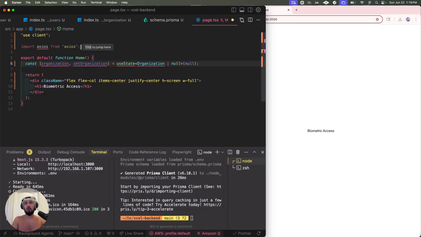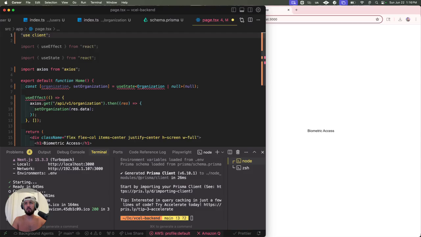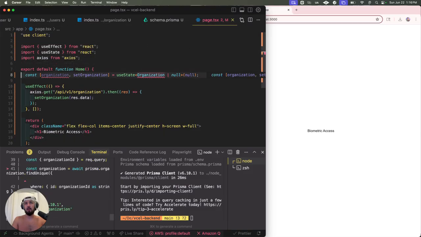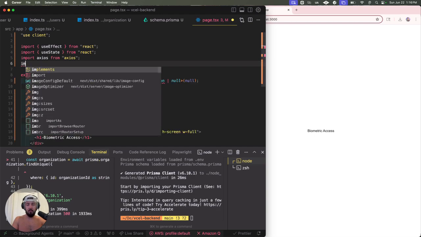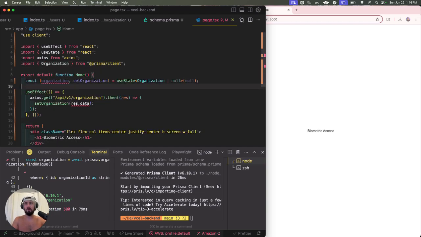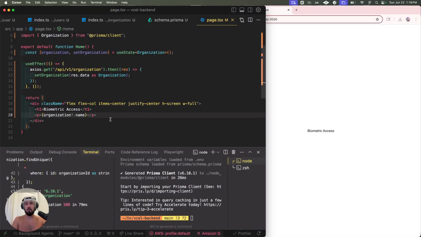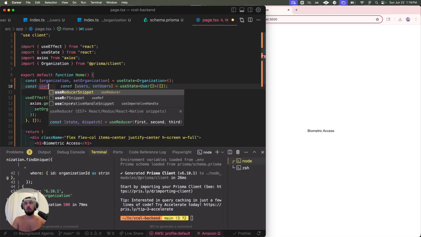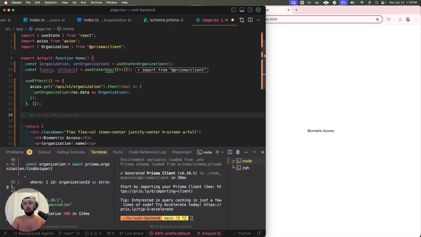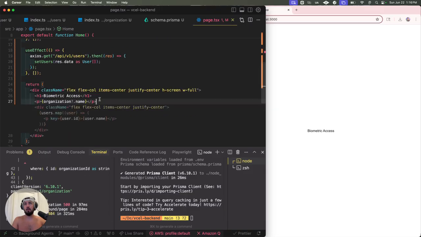Okay, so we have const organization. Set organization. I don't know if none of this will work because we're in that app directory, but here, let's pull this organization from Prisma client. Res data as organization, that should work. And let's JSON stringify organization, and let's do the same for users. And let's get use effect user, API get users, and